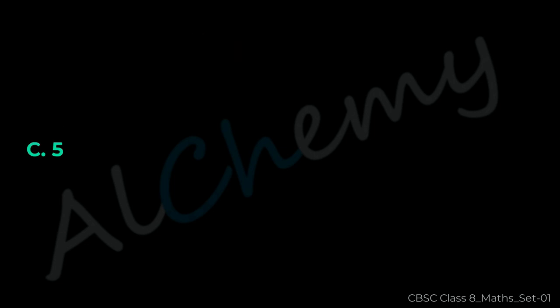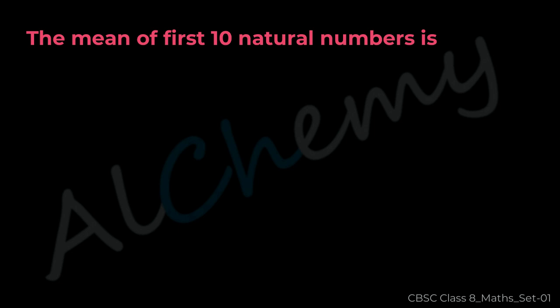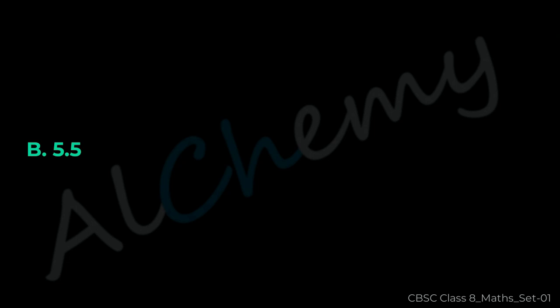5. Question 15. The mean of first 10 natural numbers is A 5, B 5.5, C 6, D 4.5. The correct answer is B